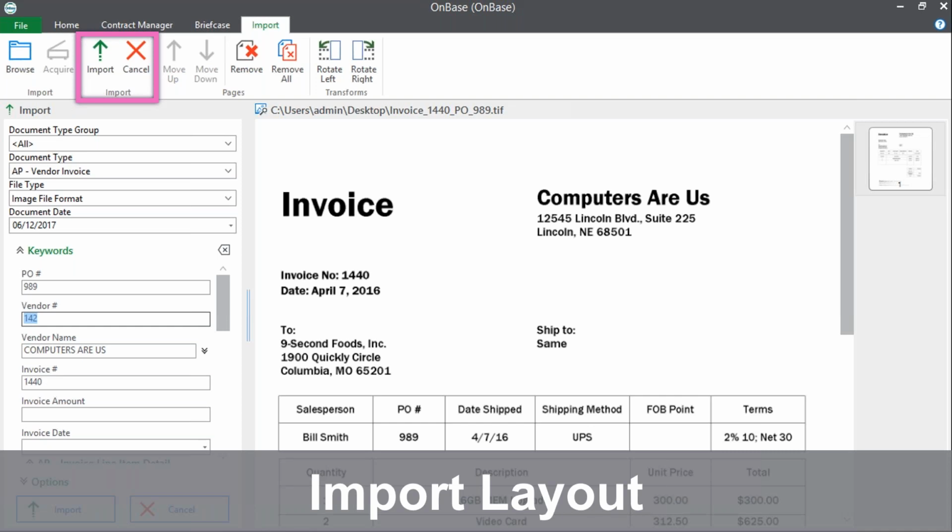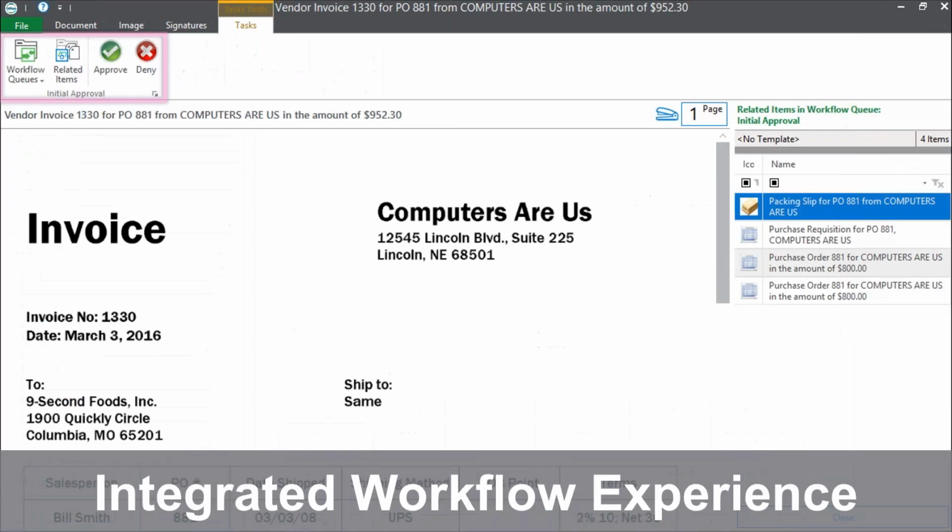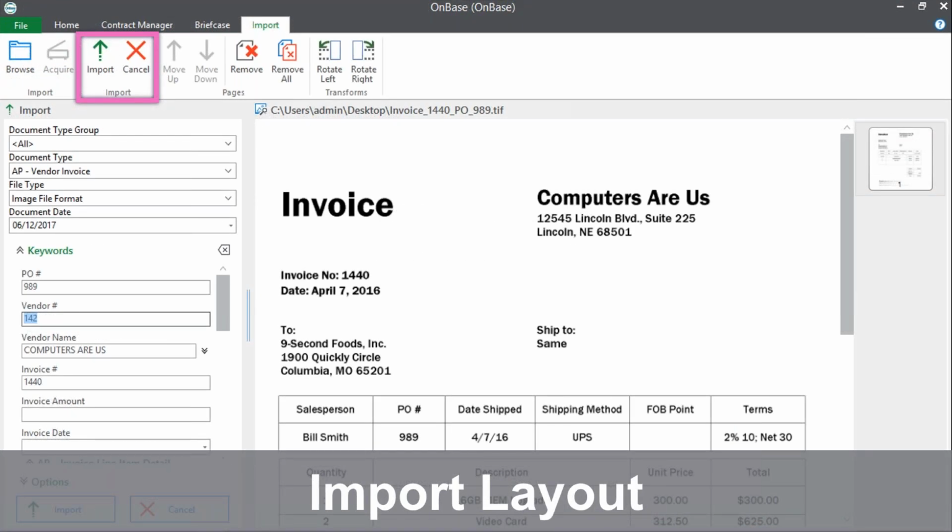So there's a lot of little niceties in Unity that sometimes go unnoticed, but can eliminate several mouse or keyboard clicks for the user. So I've imported the document and now I'm looking at it. I'll talk about this option in a minute, but I'm coming from my import layout, and down at the bottom, if I click import, there's actually an option that will allow me to open the